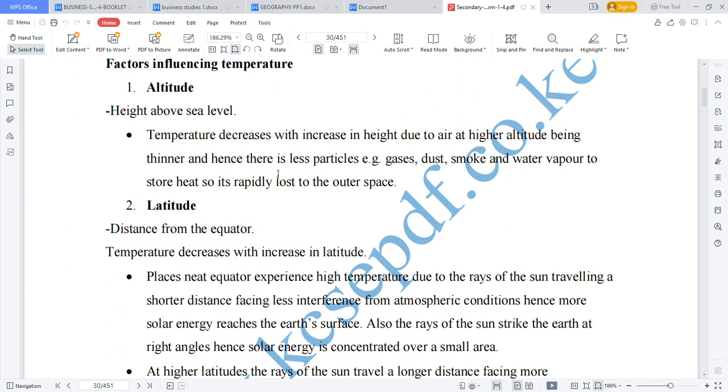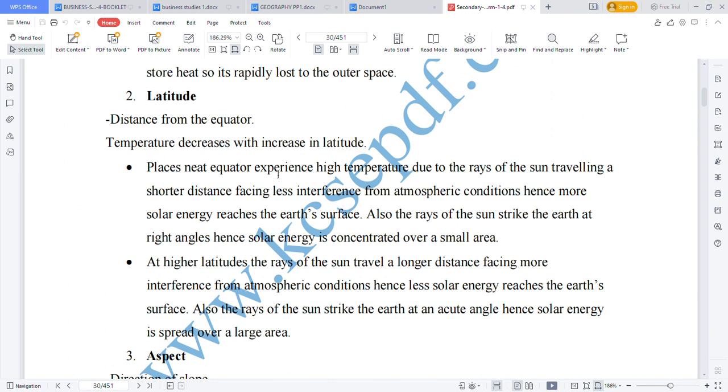So we say temperature decreases with increase in height due to air at a higher altitude being thinner, and hence there are fewer particles, e.g. gases, dust, smoke, and water vapor to store heat, so it's rapidly lost to the outer space. Number 2,